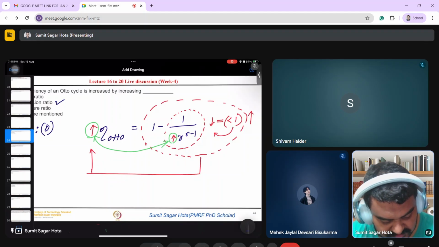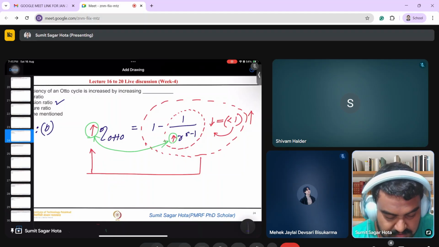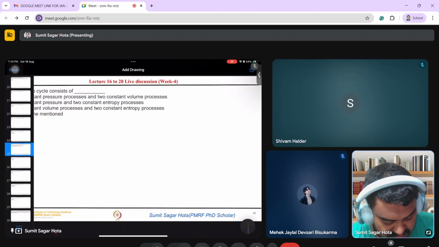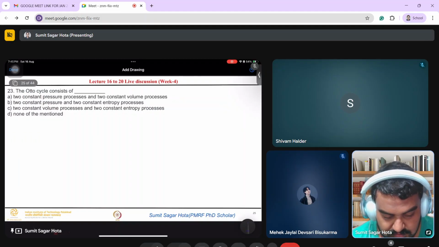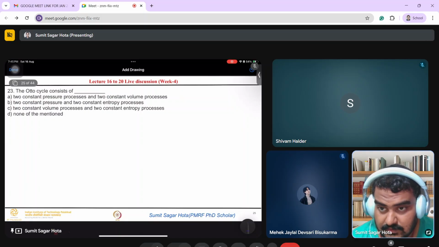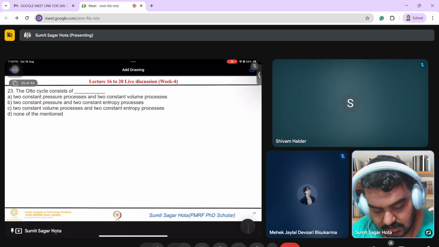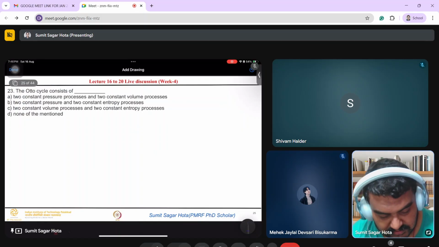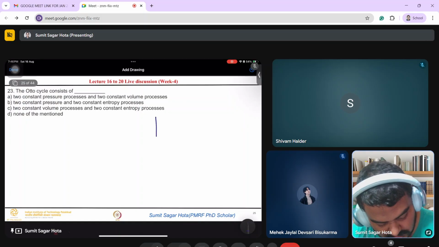Directly proportional, okay, that's for remembering purposes. Compression ratio is directly proportional to the efficiency of the Otto cycle. So the Otto cycle consists of what? If you know each process of the Otto cycle, then only you can answer this question. Yes, it's very simple. Just need to draw the Otto cycle,